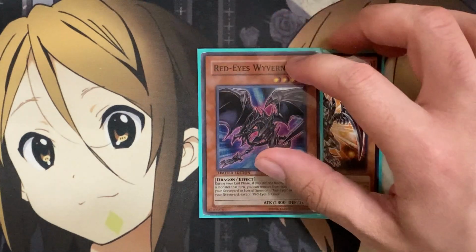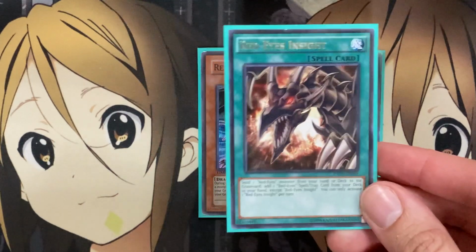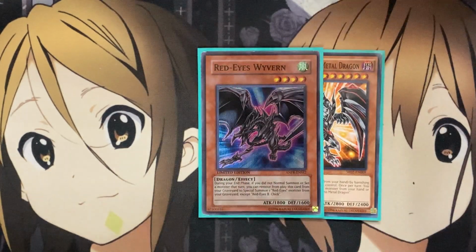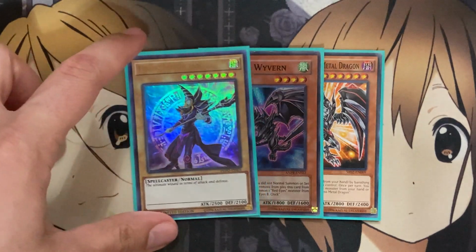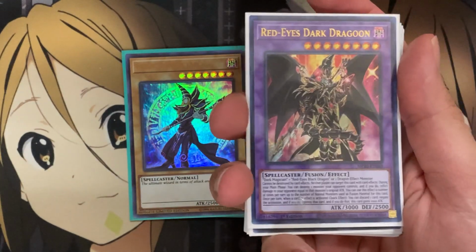Also 1 Red Eyes Wyvern, being able to send this card during your end phase. If you did not normal summon or set a monster this turn, you can banish this card from your graveyard to special summon 1 Red Eyes monster from your graveyard, except for Red Eyes Chick. You can just send this with a Dragon Shrine target if need be, or even just more of a setup with Red Eyes Insight, and then go for the setup with your Red Eyes Fusion, not taking up your normal summon or set. And lastly, the 1 Dark Magician, so you have the target to send with your Red Eyes Fusion